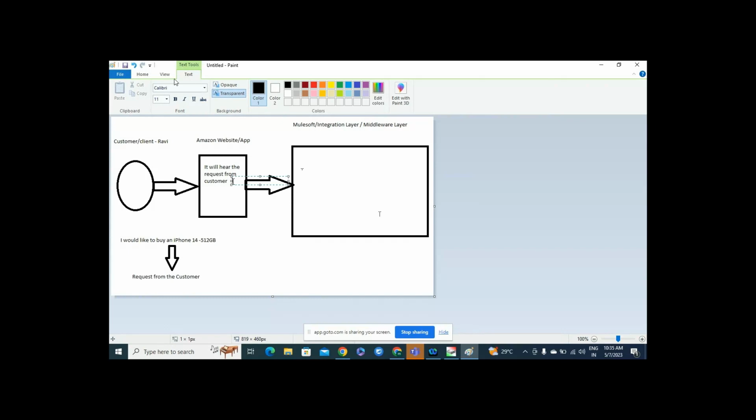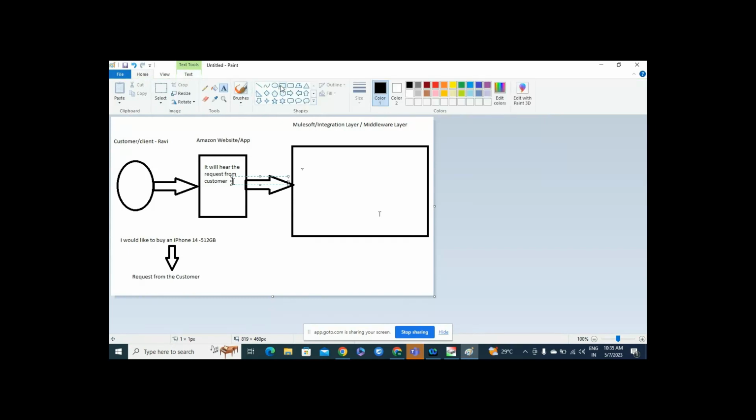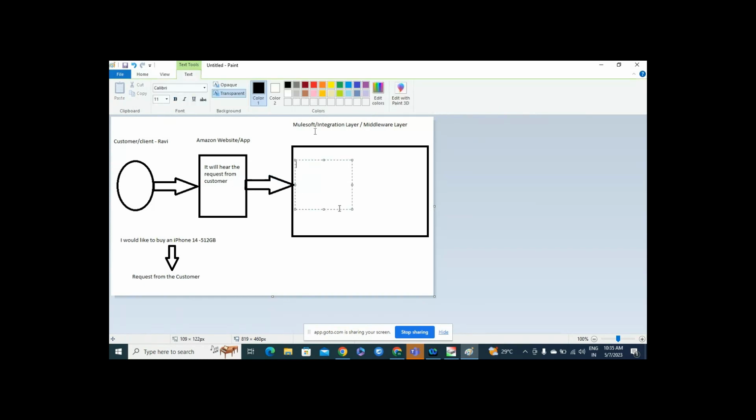What MuleSoft will do is receive the incoming request from the system.